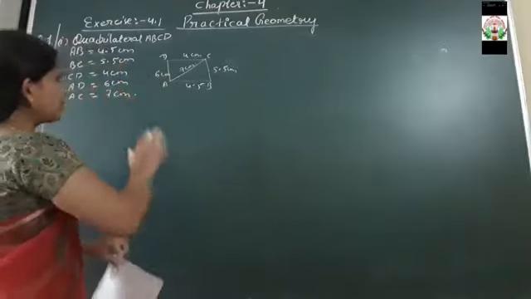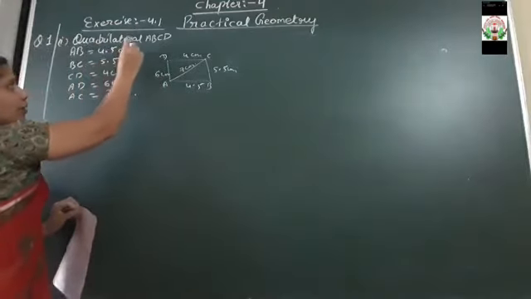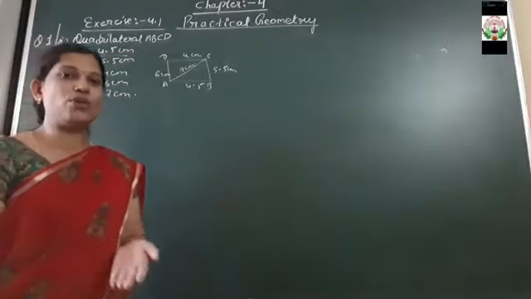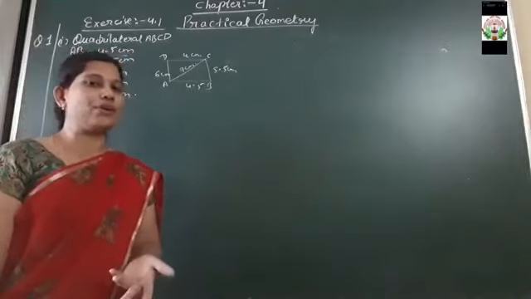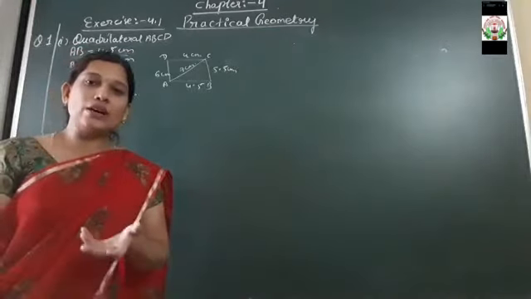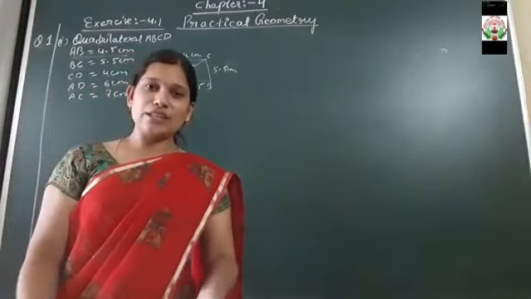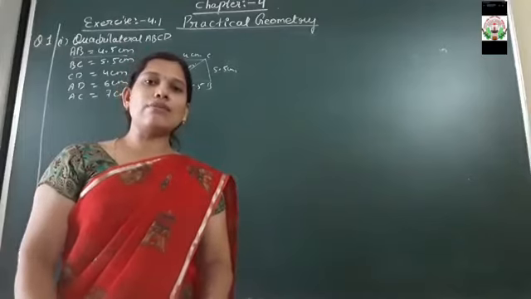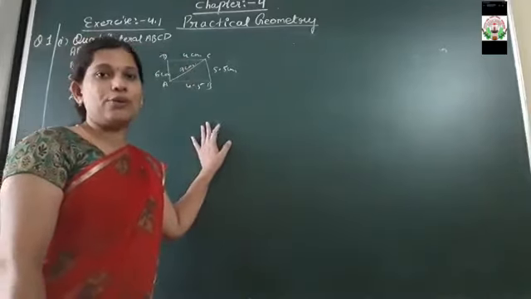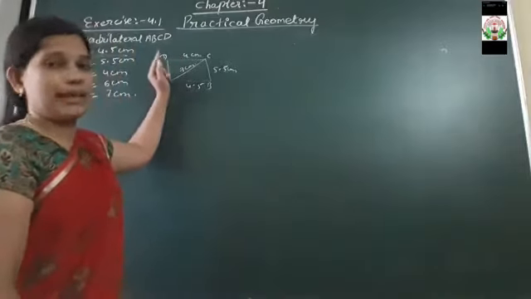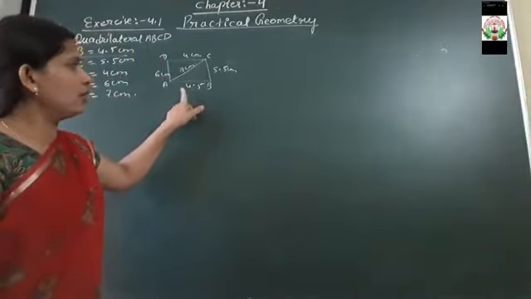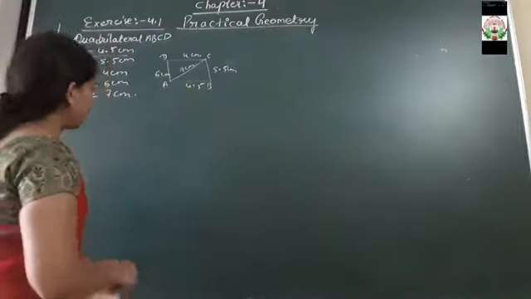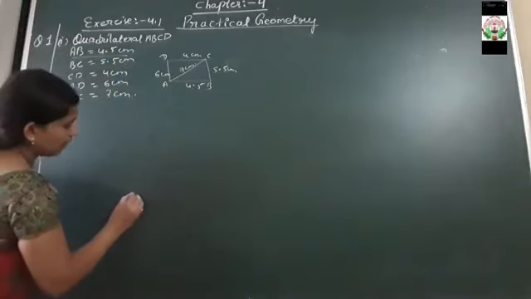Okay. So first you are going to use the base, because बेस से ही तो पूरा स्ट्रक्चर फॉर्म होता है ना. जब बेस ही नहीं रहेगा तो क्या ड्रॉ करोगे. ठीक है. In order to create a home, when we are going to construct a building, first we are going to create the base only by using the columns. So in the same way, for constructing the quadrilateral we are going to create the base first. The base has been drawn in the rough sketch over here. So we are going to take the measurement 4.5 centimeter as the baseline. Okay. So our first step is to take the baseline.